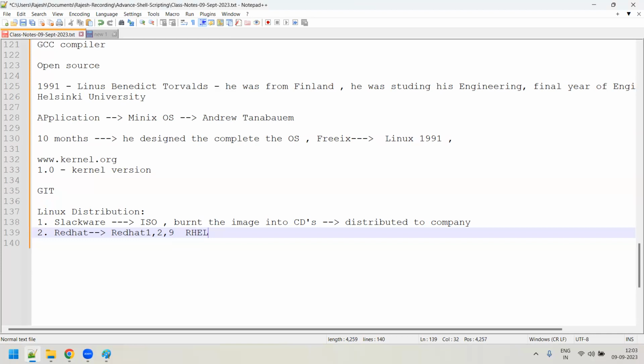Some of you might be working on RHEL 7 also. In my current company, I'm working on RHEL 7 versions. These are also paid versions; you need to pay a licensing cost, per machine actually. If I'm not wrong, the licensing cost is around 6,000 or 7,000. So for one machine, if you are installing RHEL 7, you need to purchase a license for something around 7,000 rupees, and they will give you support for some 2 years. So that 7,000 comes along with the support also.